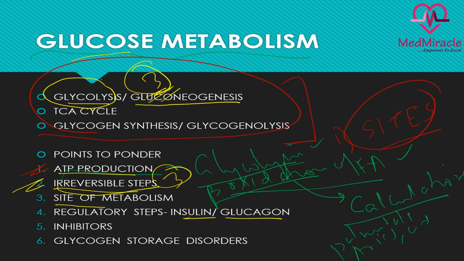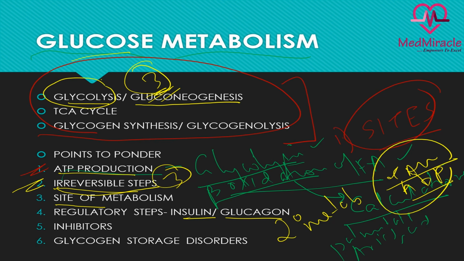So you have to know the site of action and where the exact regulatory mechanism is, and the underlying secondary metabolites, whether it's cyclic AMP, ADP, whatever it is, you have to know the mechanism of action of insulin and